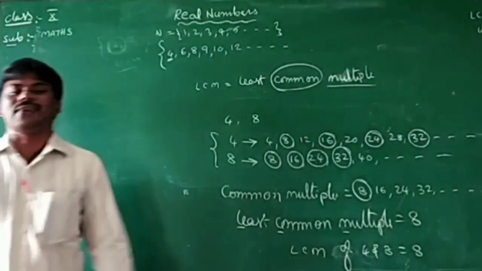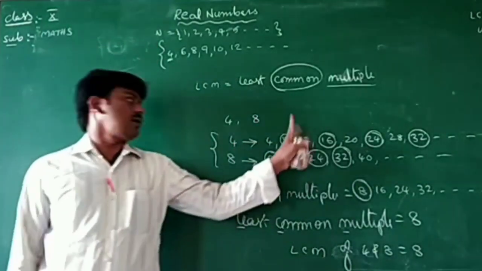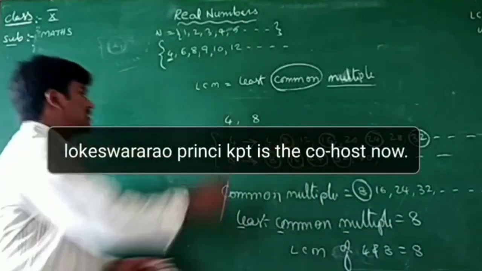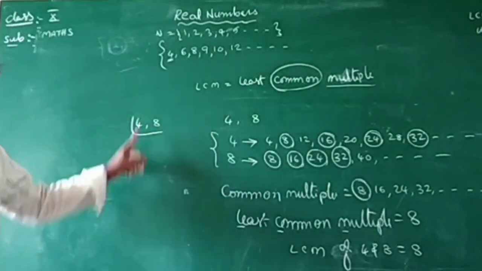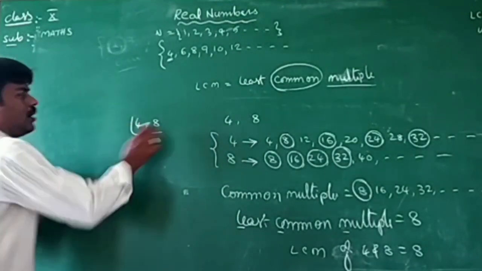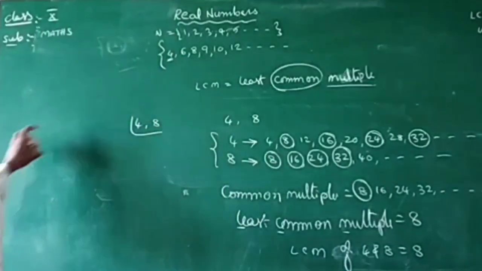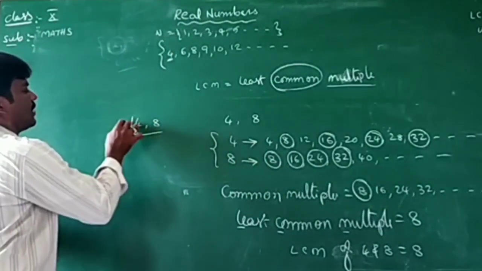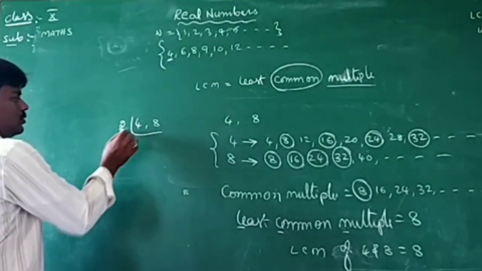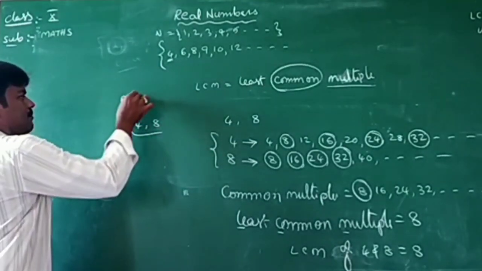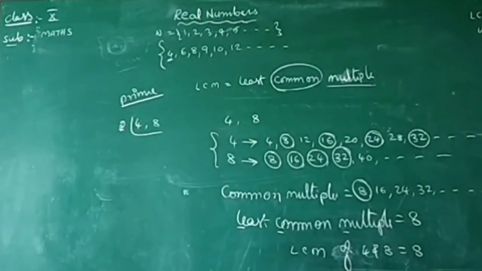This is the process of finding the LCM of any two numbers. But suppose the numbers are very large, this method is also very long. So to find the LCM, there is a short method, that is the common prime factorization method. By using prime numbers, we can find the LCM easily. So we should find the numbers which divide both numbers. That is 2. We should use only prime numbers. So this is called the prime factorization method.